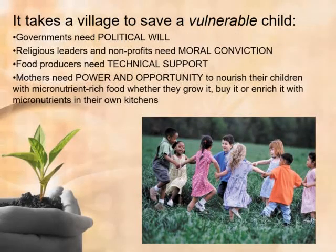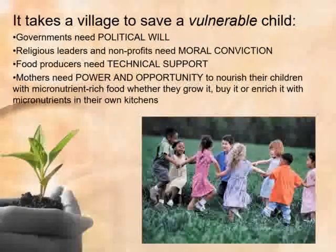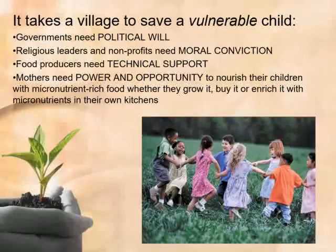It takes a village to raise a vulnerable child. Governments need political will, religious leaders and nonprofits need moral conviction, food producers need technical support, mothers need power and opportunity to nourish their children with micronutrient-rich food, whether they grow it, buy it, or enrich it with micronutrients in their own